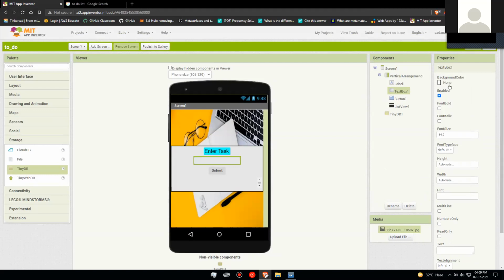When I am selecting some files, it says it is quite large. So we can't put that. So you can select some small image.